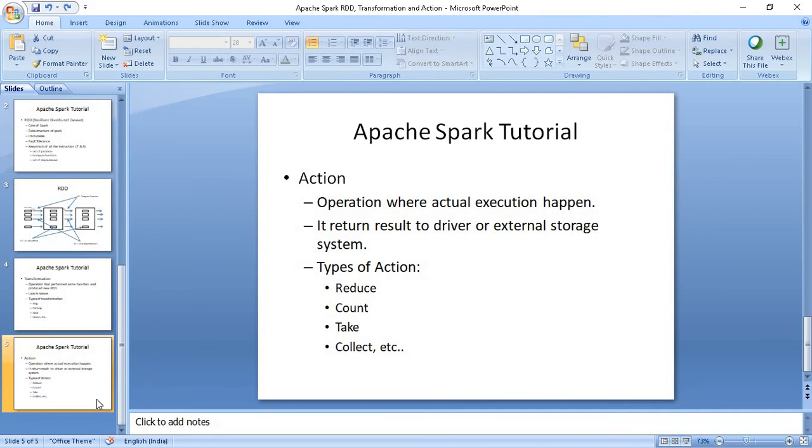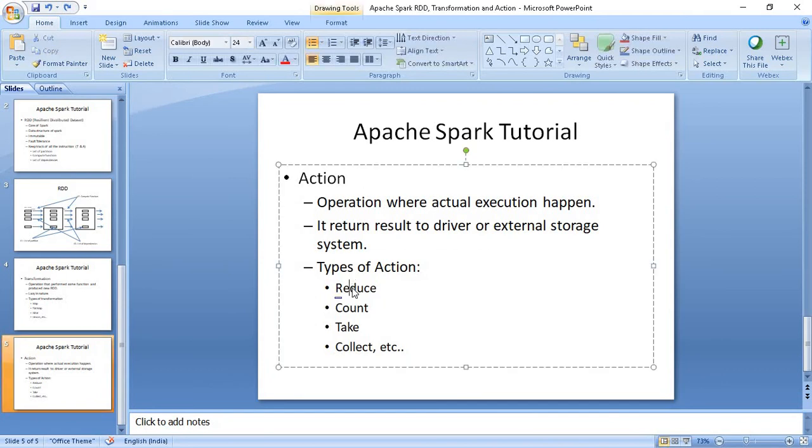The last operation that we are going to see in this video tutorial is the action. An action is an operation in Apache Spark where the actual execution happens. Whenever a Spark job is executed, it is executed only when there is an action. Actions are things like reduce, count, take, collect.